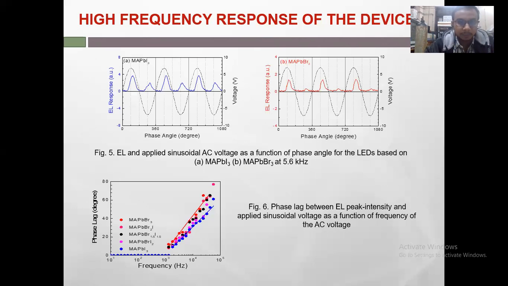to their low mobility. Now, at high frequency, the duration of a forward bias half cycle becomes less than the transit time of the two types of carriers across the active layer. As a result, the EL peak does not appear at the crest of a sinusoidal voltage, as longer time is required for the carriers to meet and recombine radiatively. A larger phase lag in the unipolar MAPbBr3 device occurs due to the recombination nearer to the electron injecting layer